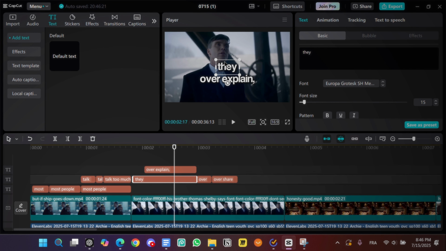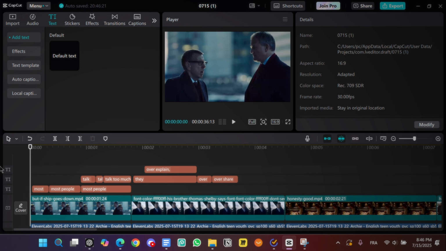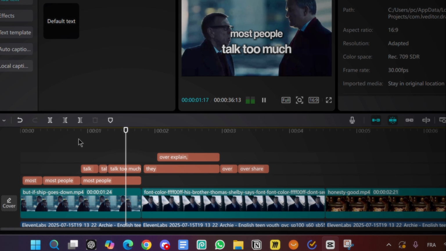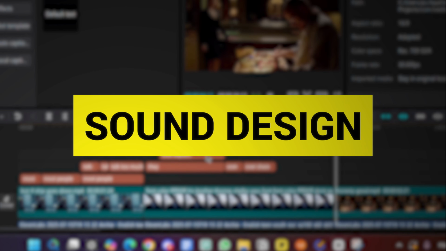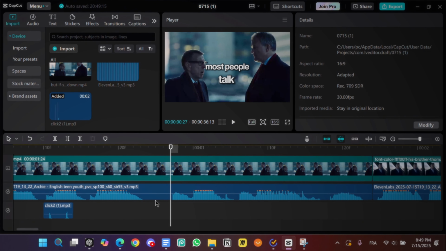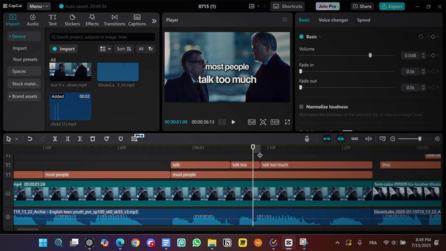After a few minutes, you have your text looking solid and clean. But we're not done yet, because this video still feels incomplete without one very important thing: sound design. Without it, the video just feels empty and boring. To fix that, we're going to add some sound effects to the text animations so everything pops up and feels